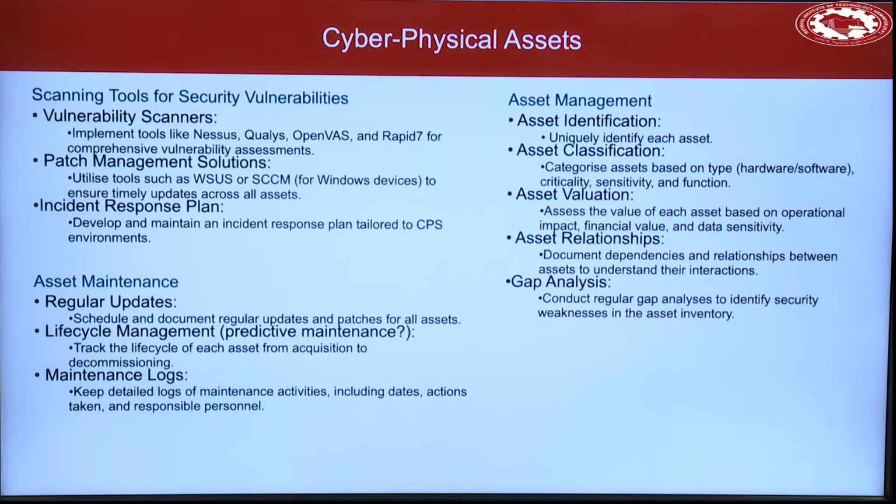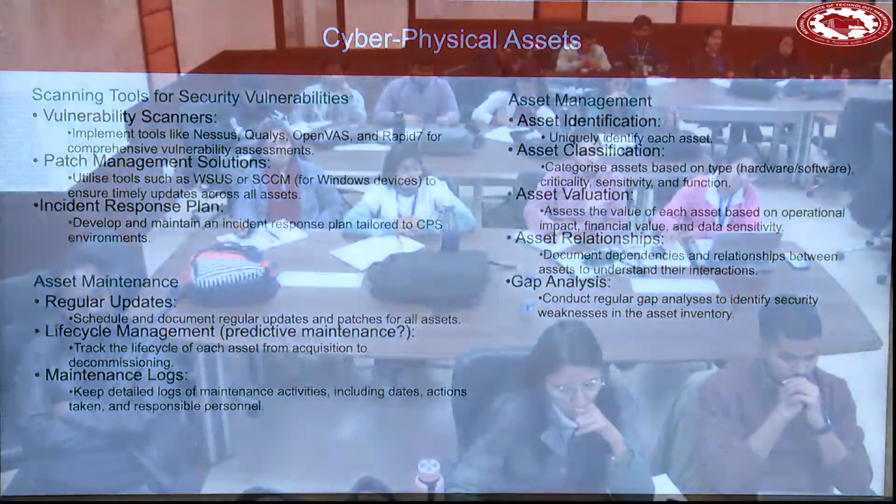And again, we talk about how the system works, IT versus OT. In an IT system, it is pretty straightforward. You can immediately patch your systems, but in an OT system, it is not easy to patch. Then you go to the incident response plan. The incident response plan is one thing that we have learned. We need to be proactive rather than reactive, right? You don't just wait until something bad happens to you. Rather, you figure out what is wrong in your system, what the issues are, and then you prepare yourself, fix those issues, and get some tools that can help you in case of an attack.